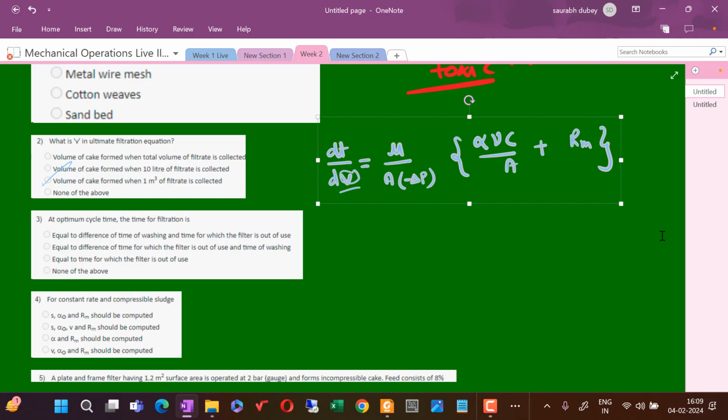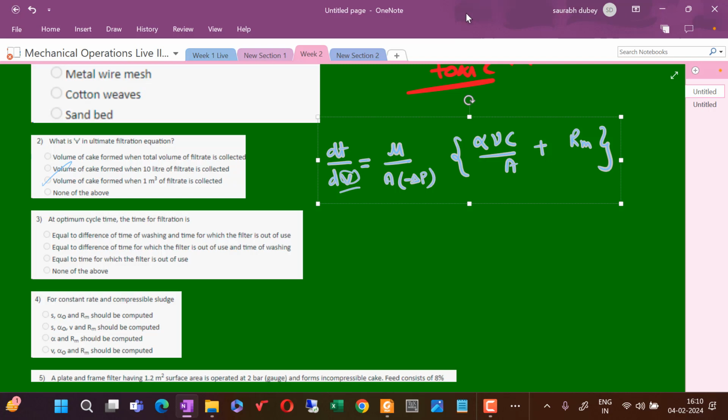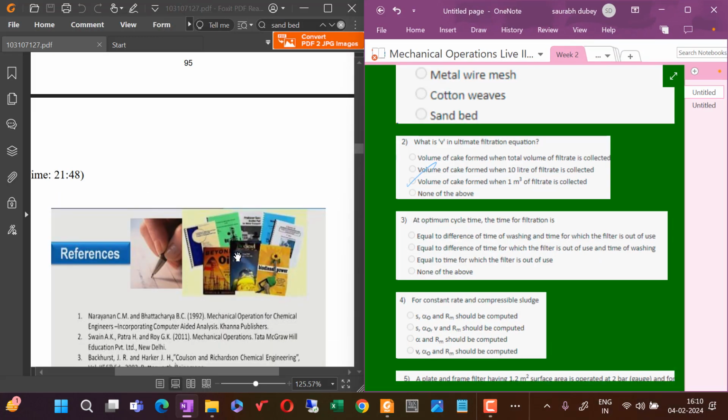Second, equal to the difference of the time for which the filter is out of use and the time of washing. Third, equal to the time for which the filter is out of use. And as you remember, the optimum time calculation has been done, and there you got to know that